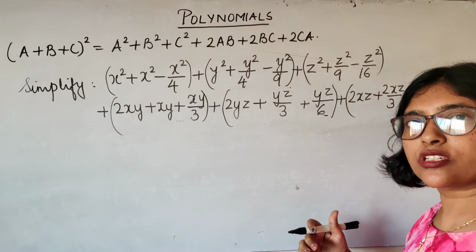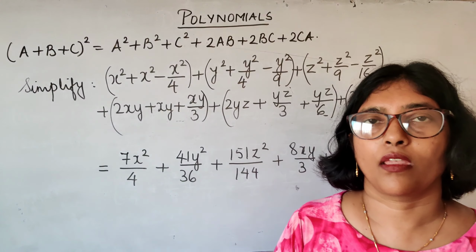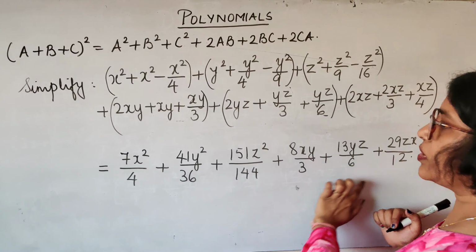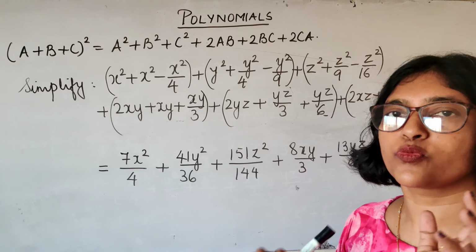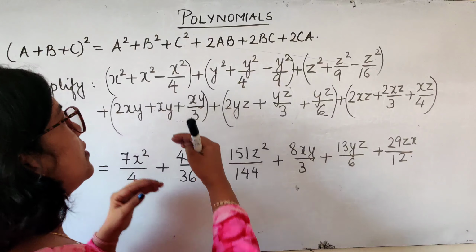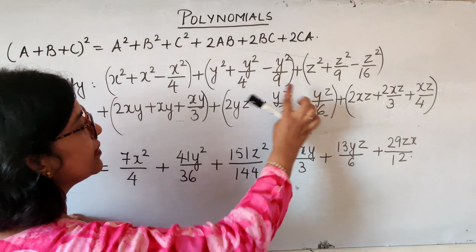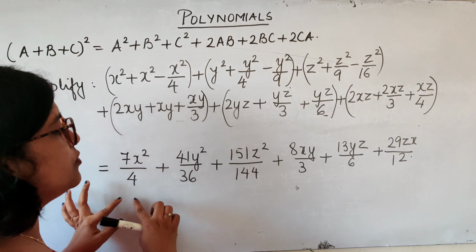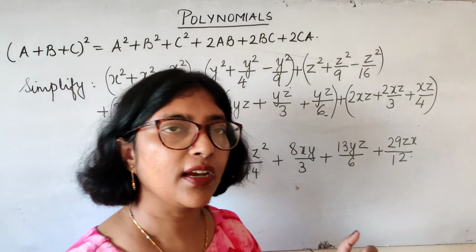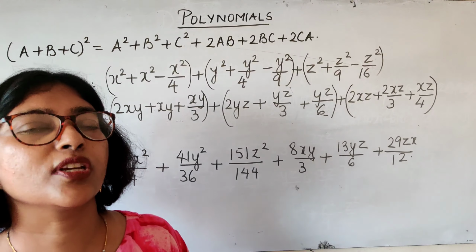Now we just have to take LCM and simplify this. Let's see what's the answer. So here we are with the simplified form. After taking all the LCM and things, we have this as the answer. What we have done is we have just applied the identity a plus b plus c whole square and then written it one below the other so that simplification is easier. Combine the like terms, simplify, take an LCM to get the answer. So even if you have 2 terms or 3 terms, you just have to apply the identity for each of them and then simplify it. So let's go to the next question.